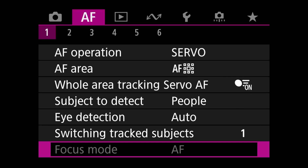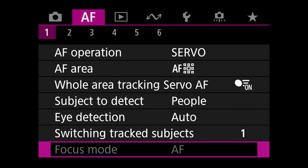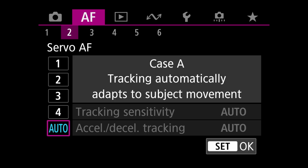And then we have the lens switch for the IS, which is the stabilization, which on this lens is on the side right there. We'll go ahead and do a button tour when we come back around as far as that, walk through. Now we are going to